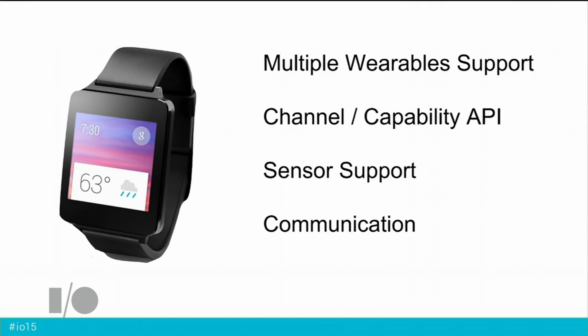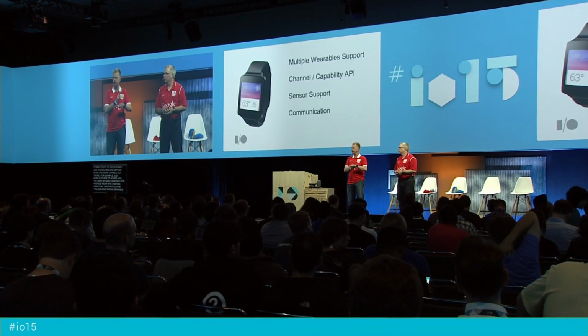The new Channel API and the Capabilities API allow all of these devices to talk in real time and also transfer files between them. The Capabilities API allows each of the nodes to surface the capabilities they have, for example, if they have connectivity to the internet. And the devices are getting more and more capable out there. For example, just now, a couple of hours ago, the Maps API was launched for Android Wear in the Android Wear SDK, and that allows you to build native wearable applications that use the Maps API directly.